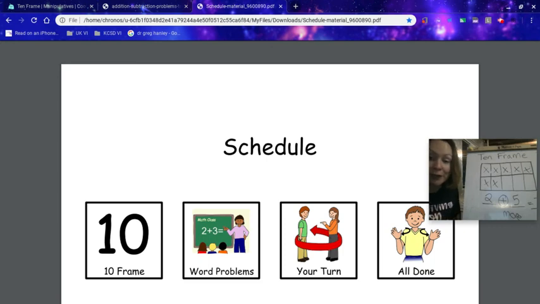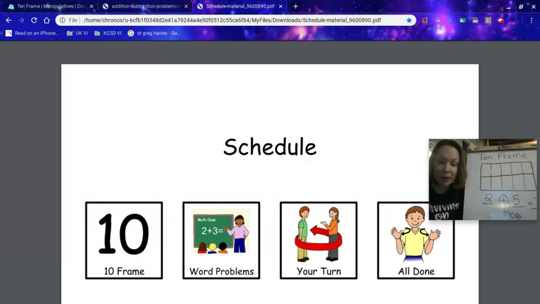So here's what I want you to do. I want you to do some of the word problems that are in your binder using a 10 frame. Okay? You can make a 10 frame, like I said before, with a whiteboard or a piece of paper. You could also make your 10 frame on a piece of paper, and then you could use little objects around your house to use as counters. Like if you have little Legos, you can lay a Lego in each of the little frame boxes and use that to solve. There's lots of different ways you can do this. So I want you to practice making numbers on the 10 frame and solving your addition and subtraction word problems